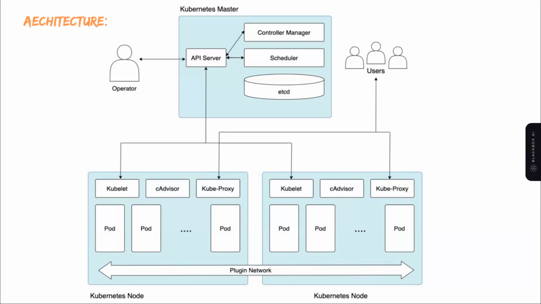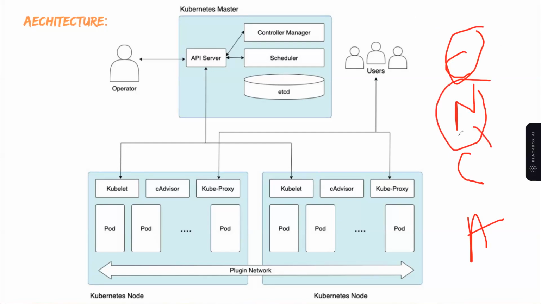Forget about this Kubernetes architecture. You know the Docker and Docker Swarm architecture. First of all, in Docker Swarm, what do we have? We have the cluster. Inside the cluster you have the nodes, master node and worker node. Inside a node, what you have? The containers. Inside the cluster you are having the nodes, and inside nodes you are having the containers. Inside the container you are having the application.